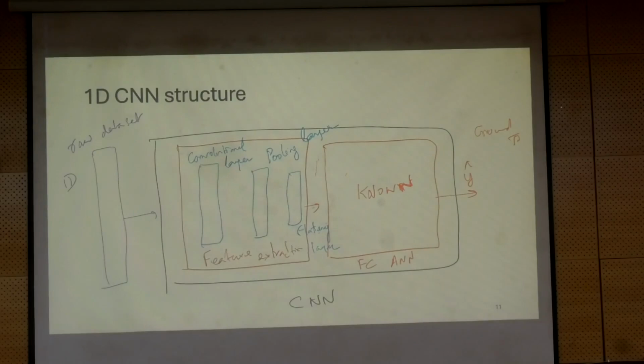Okay, so I hope this architecture is clear, right? Basically we have a big black box. The output half is known to us already as an ANN architecture. The input side of that black box is what we are doing as a convolutional operation. And then there is another operation called a pooling operation. And then we will have to do flattening, and you will see why they are needed.